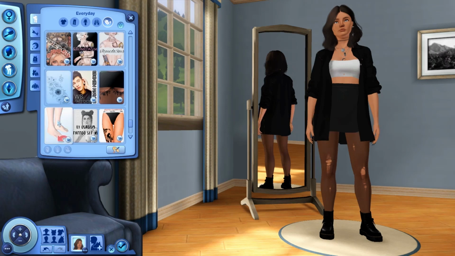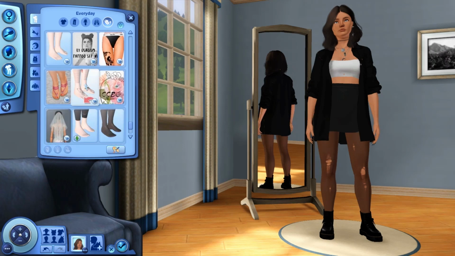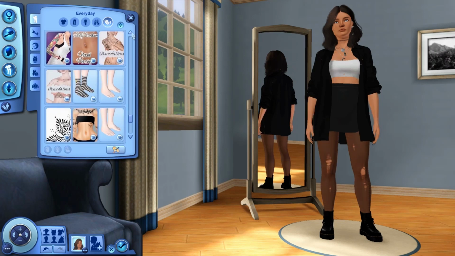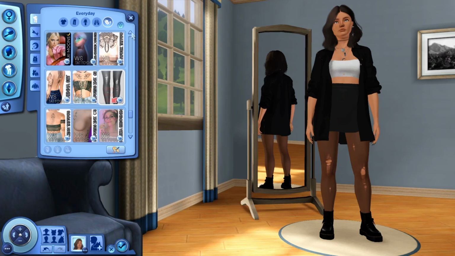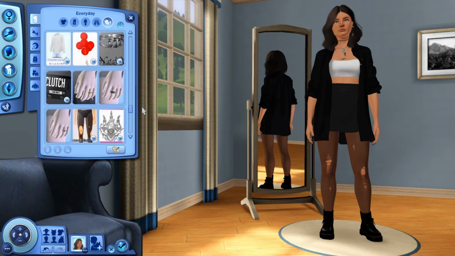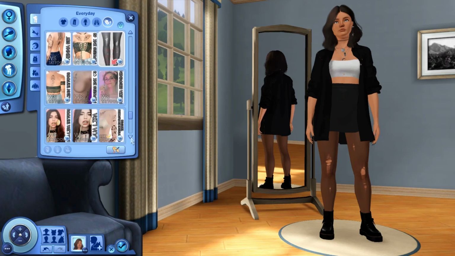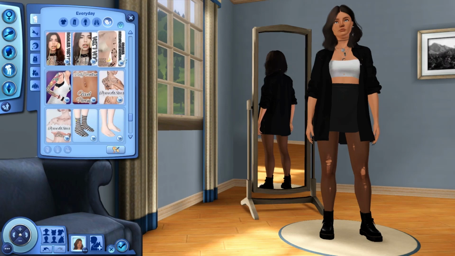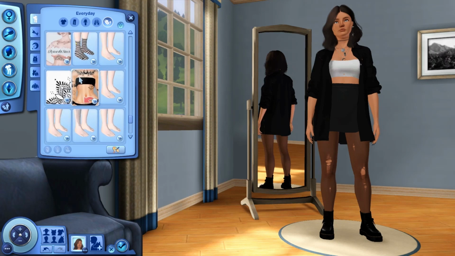And I kind of wish that I had layered some of them, but I do really like the tattoos that Florida made, because those are the ones that I ended up using. So you'll see here I go back and forth between a few different ones, just trying to see which ones look best, but I ended up going back to the ones that Florida made, and I feel like they fit the vibe the best.